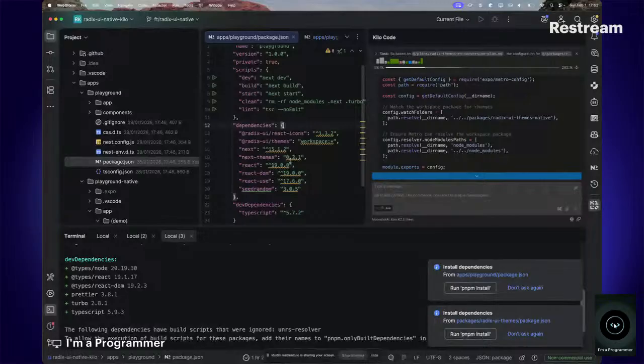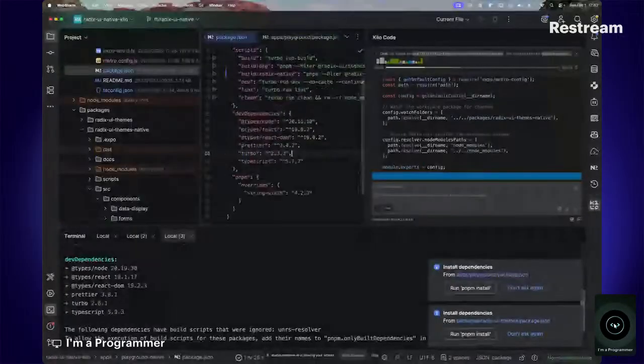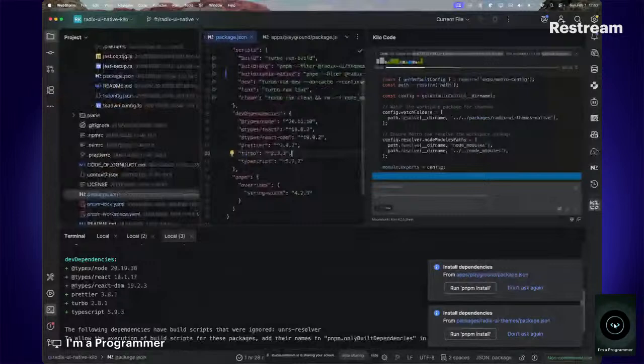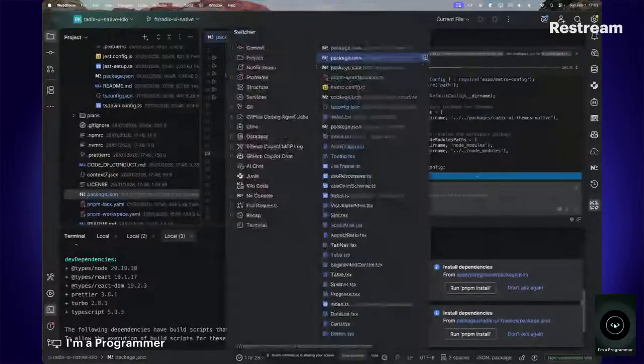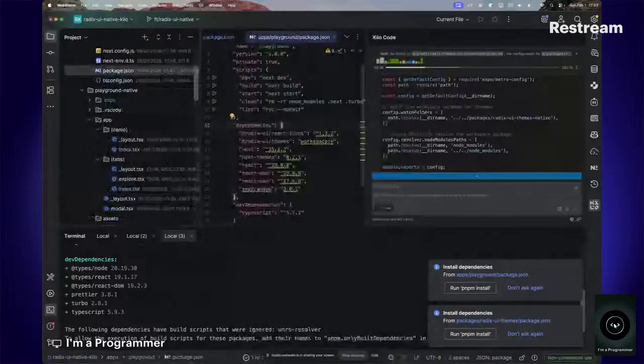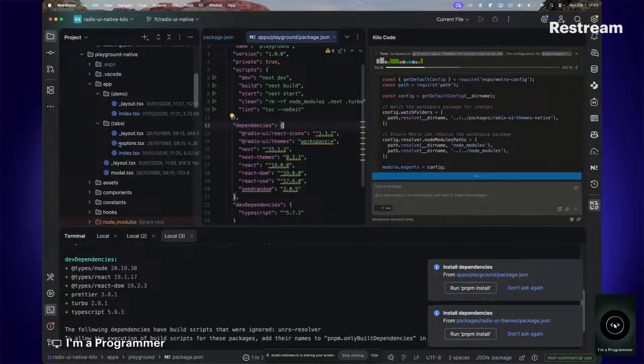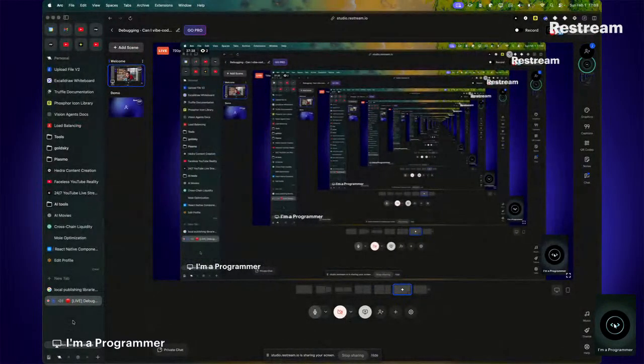So what if I do the same thing for the native package.json, just the same way I have it here? But if you look at the types of node and React, this one is 19.7. ESLint is installed, config is installed, TypeScript is installed, which yes. But what if there are other things? Because if you compare the one from the playground, it takes in the other stuff that is actually needed. The React use, React DOM and all that I don't actually need. And from the workspace I've configured it that it should not install anything from the playground, which is fine, which is correct. But then if you go one more step and actually go to